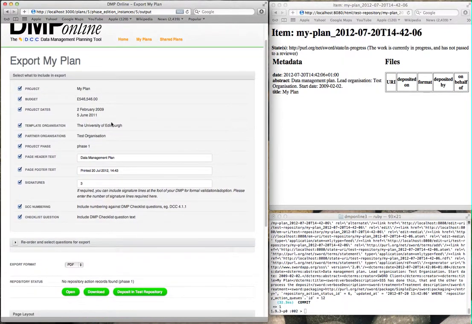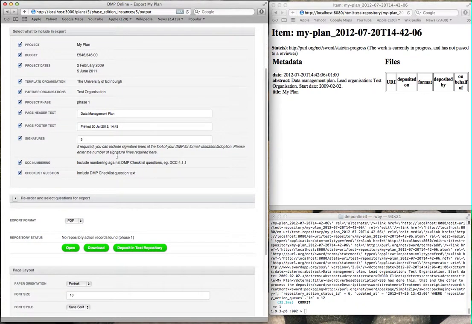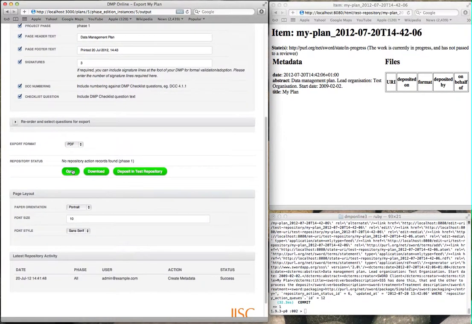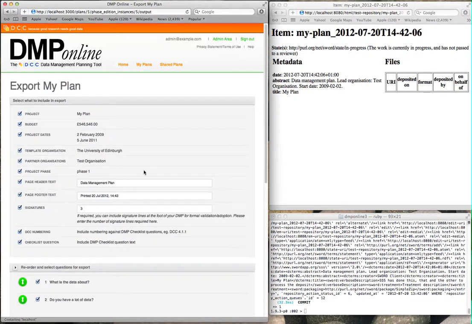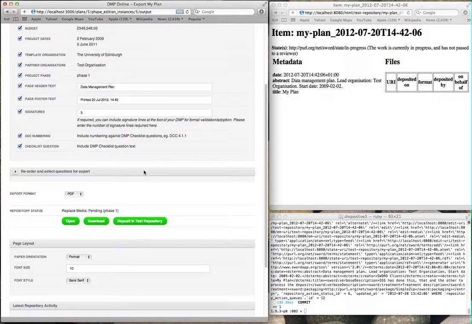These are the usual settings you get with DMP Online for footers and headers and page numbers and so on. Open and download are the usual functions from DMP Online. This new button here, Deposit in Test Repository, is the button that we're going to click on to actually get our file from DMP into the repository. Okay, so my request has again been queued